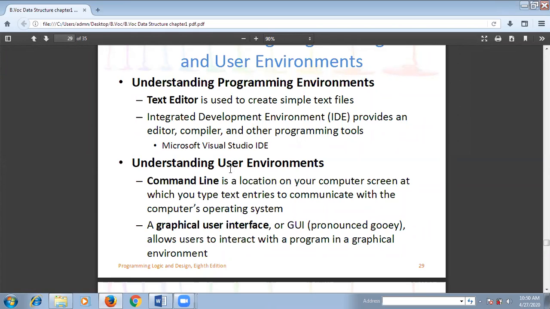Now just see, end user can interact with software in two ways. The first way is through the command prompt, and the second way is using the graphical user interface. First way is command line prompt, and second way of using the software is graphical user interface. Through the command line prompt, end user can give some input, and the system does some processing and displays some output to the end user. That is called as command line.